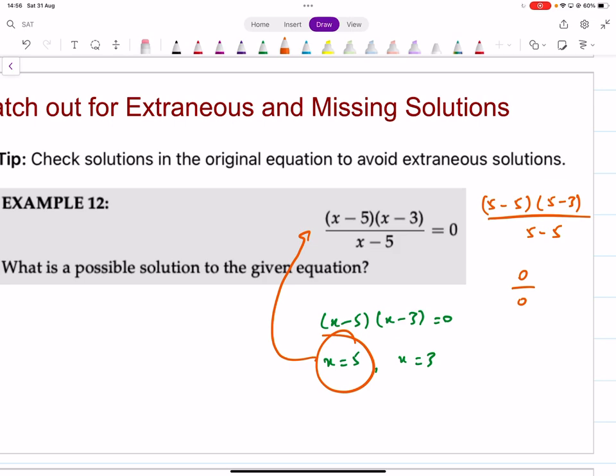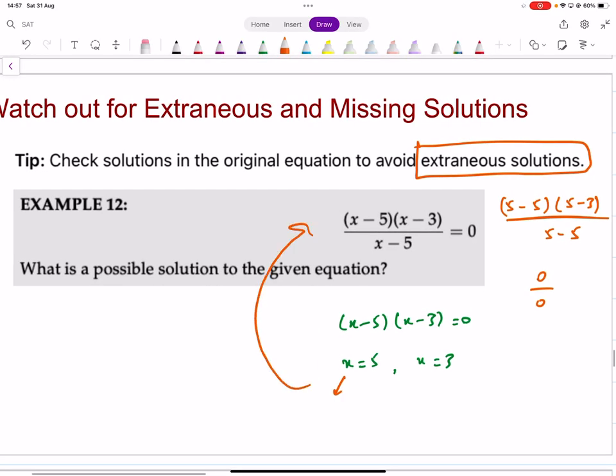And this is something that we'll actually see later on as well. Whenever you have a fraction, keep in mind that the denominator cannot be 0. x equals 5 is a value that's going to break this function. So that is not possible. So if you solve it this way, by multiplying x minus 5 on the other side, you end up getting two solutions. But this is incorrect. This is called an extraneous solution. As in, you're getting this by a valid working, but when you actually try inputting this back in the equation,